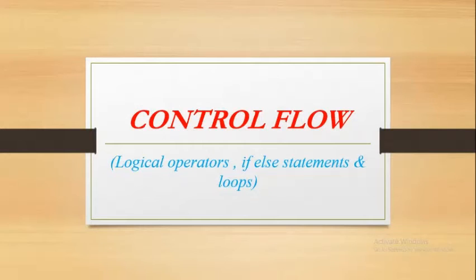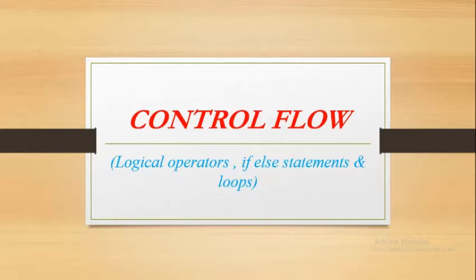So here we are with a new concept called control flow. So what is control flow? Control flow is nothing but, up until this point, you have executed the code in a proper manner. Like first you write a code and, for example, if you write 10 lines of code, the whole 10 lines of code have been executed just once, right? But after this control flow you will be able to execute, for example, if you wrote 50 lines of code, in that code if a certain condition is satisfied, then you want to execute 10 lines of code. If not, you want to execute the next 40 lines of code.